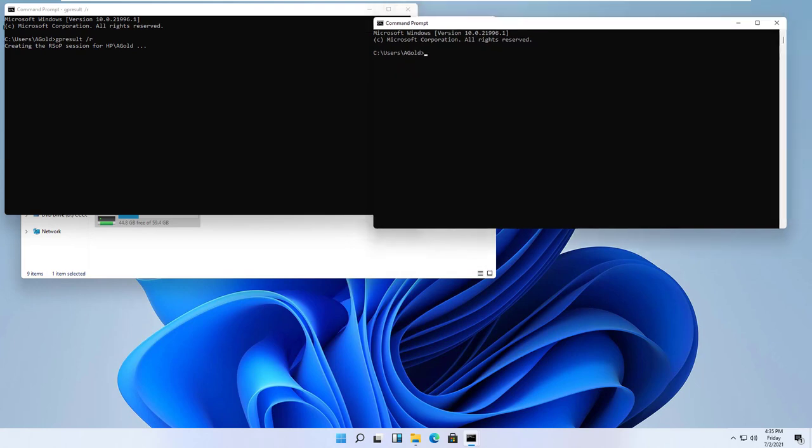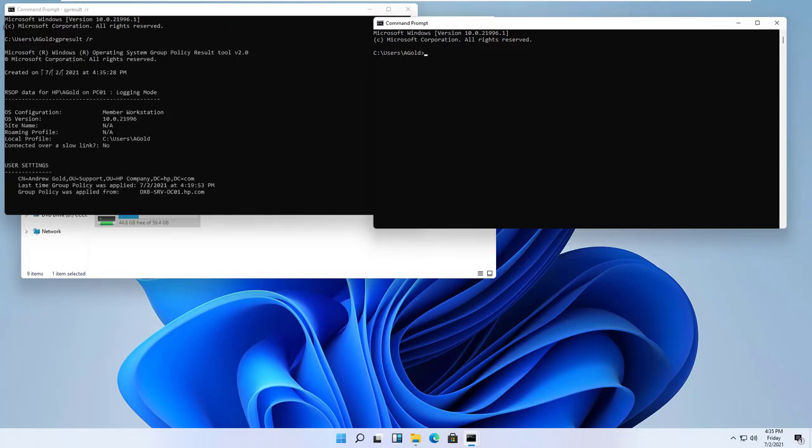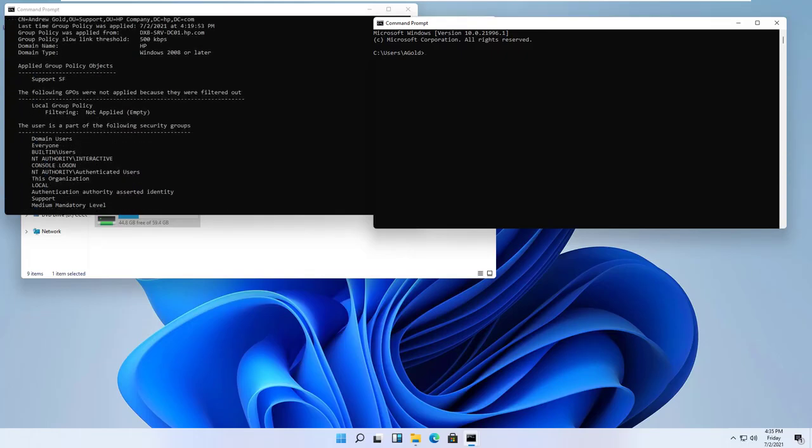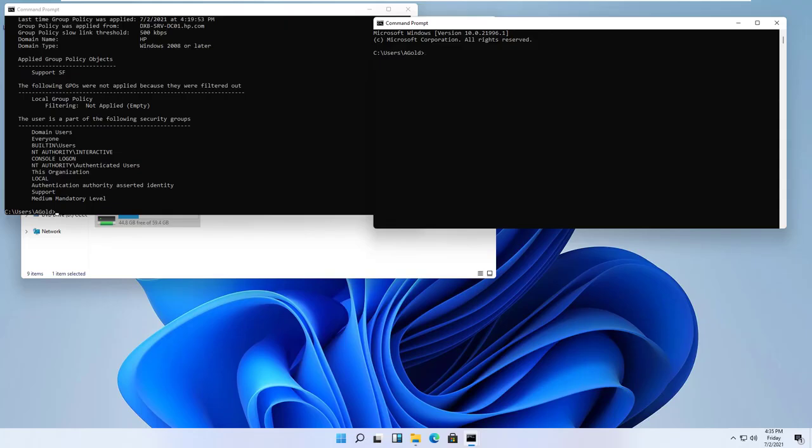Kumbaga, it's already running. Look at this. So I have only support SF. The applied group policy, I don't have yet, kaya it's not showing. I don't have yet yung project.